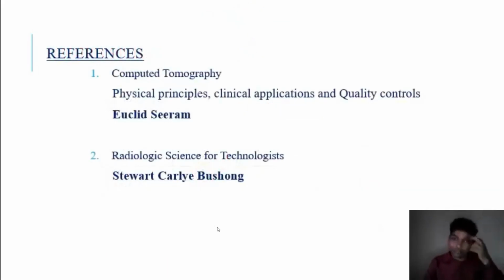So these are the reference books. You can go to Computed Tomography: Physical Principles, Clinical Applications, and Quality Control, which we shortly call by the author name, Cram. Also Bushong. Both are well-known books in the radiology field. If you refer to both books, it is more than enough to understand CT principles,